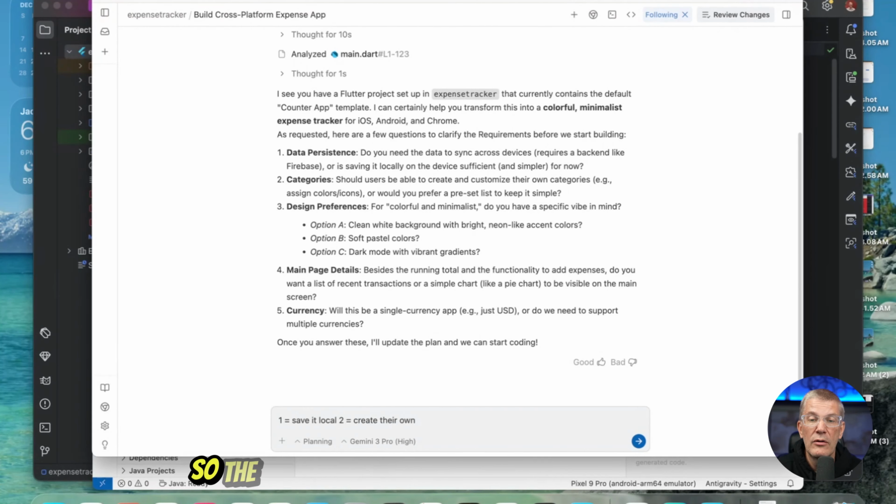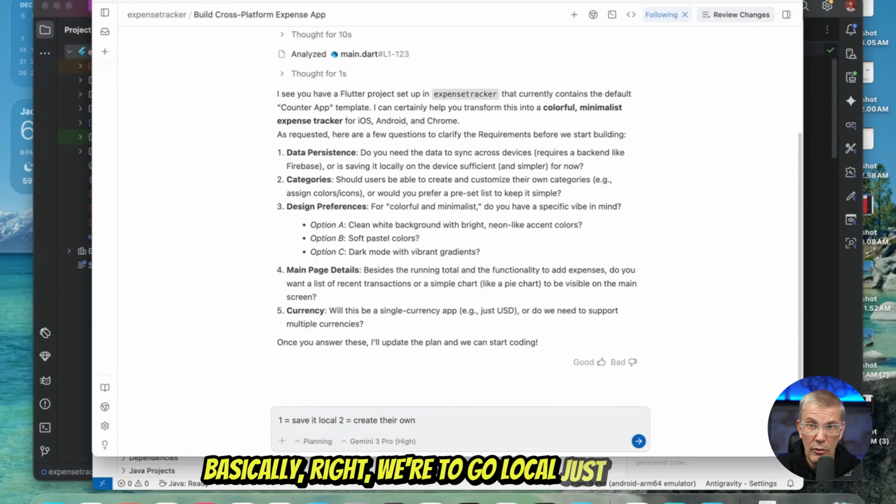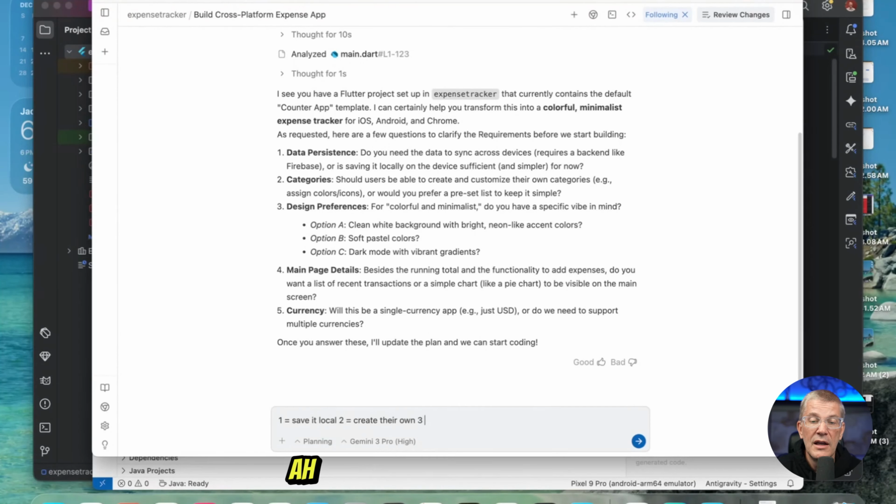That's for categories. So the first one was, do we want a local database or would we want it with Firebase, basically? Right, we're going to go local just because it's an easier program that we don't have to design the Firebase side of it. In future videos, I'm going to show you guys how to do some Firebase stuff. 3 is design preferences. Let's just randomly pick this. Let's go with something like Sieve, kind of far out there for me. So